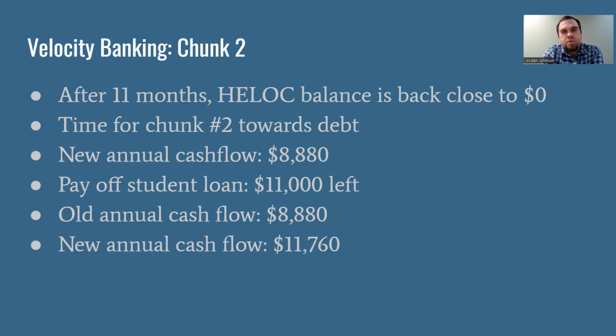And I know that's going to feel really weird because normally you wouldn't get a paycheck to bounce. It would usually be your payment to be bouncing. But in this case, you do want to have a balance on your HELOC. So you have to look at what the next chunk is going towards. You're looking at an annual cash flow of